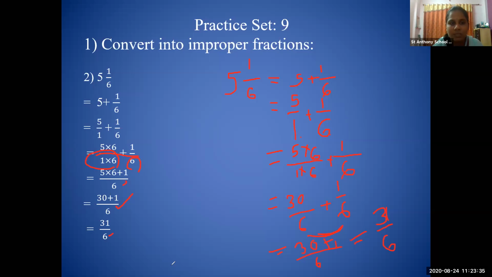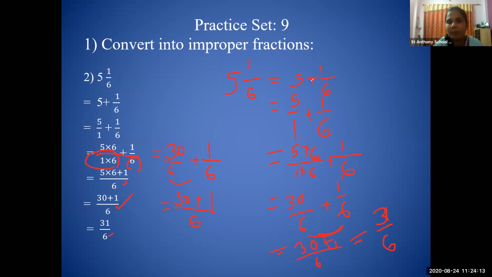Here one of the steps is missing. What is it? That is 5 6s are 30. 30 upon 6 plus 1 upon 6. Now, यहाँ पे आपको directly समझ में आ जाता है. If the denominators are same, we'll write 6 in the denominator as it is, and now we'll add the numerators, that is 30 plus 1, right? Now 30 plus 1 means 31 upon 6. Understood everyone? Understood? Simple है.